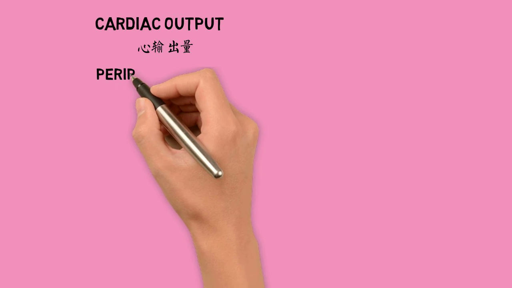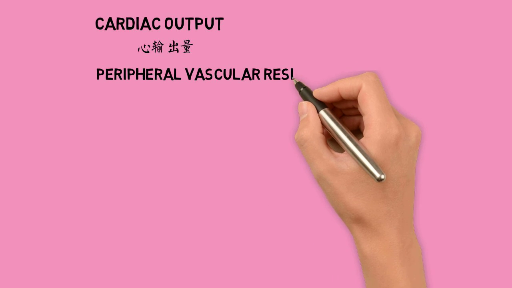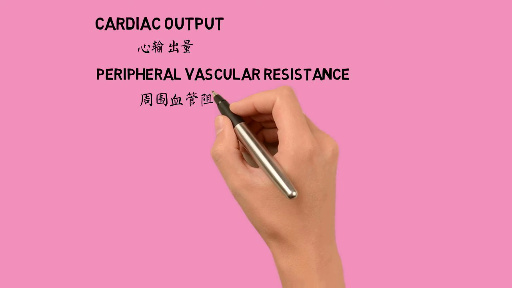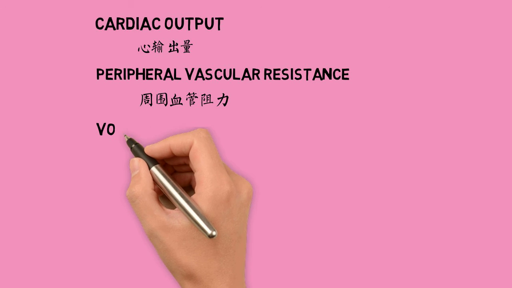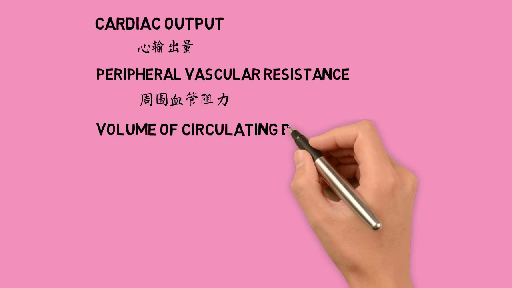cardiac output, peripheral vascular resistance, volume of circulating blood, viscosity of blood, and elasticity of vessel walls. Antihypertensive drugs mainly work through these five aspects,